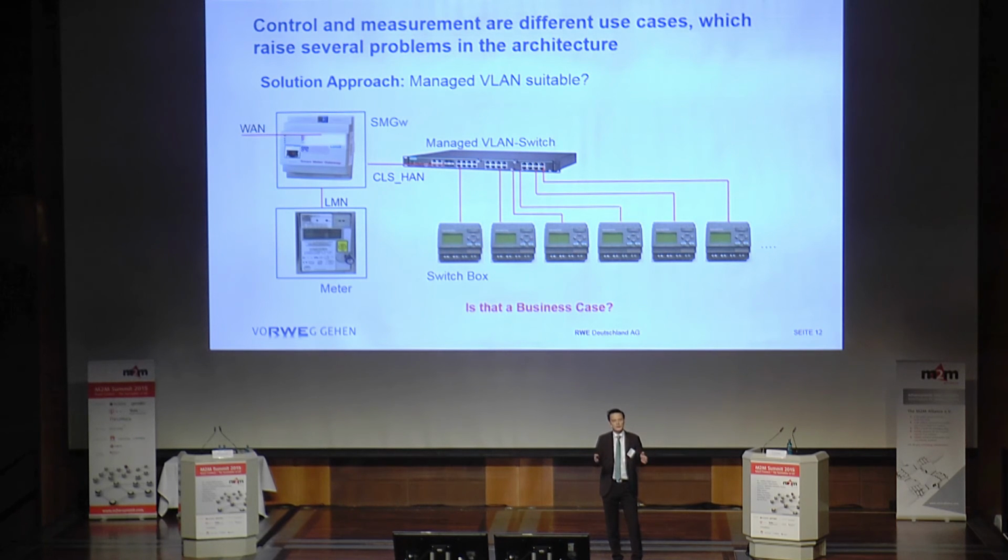Another problem is that when you would like to establish this separation correctly, you also need a physical separation. You need a logical separation in the IPv4 world. You need different subdomains when you're not working with IP version 6. And in order to address IP spoofing or denial of service attacks, you also need a separation through a managed VLAN switch.